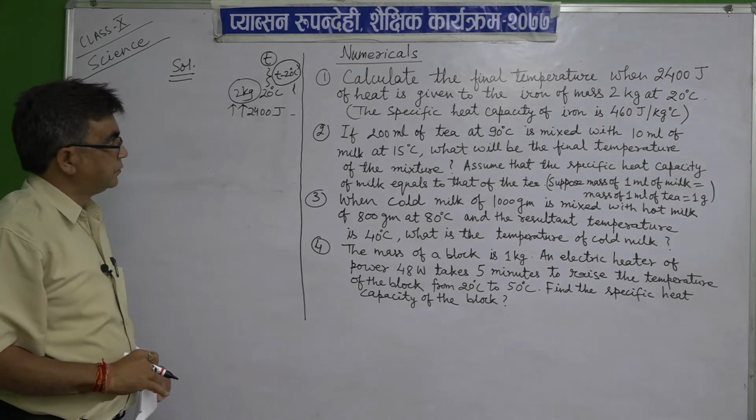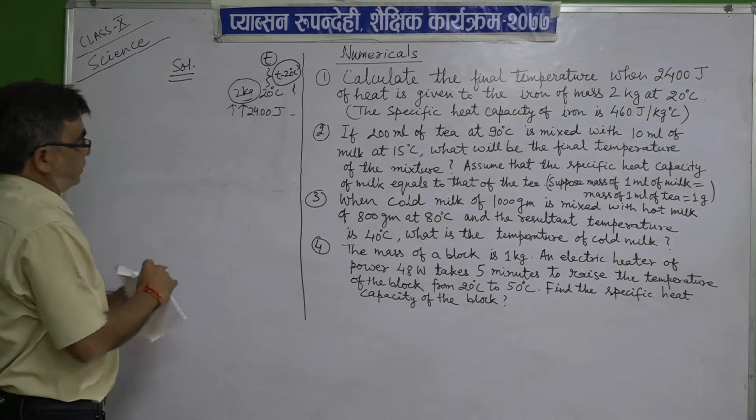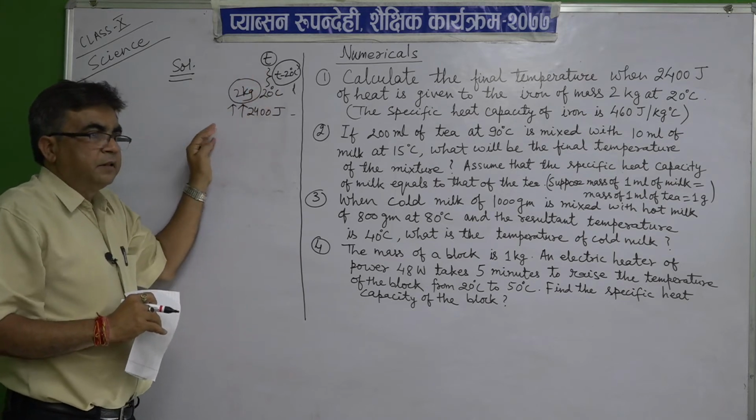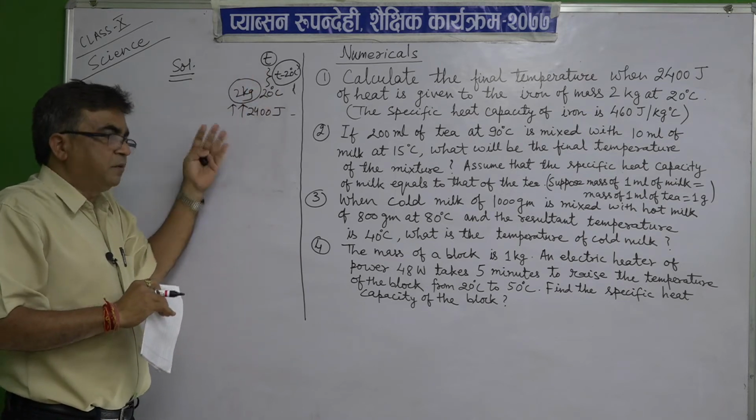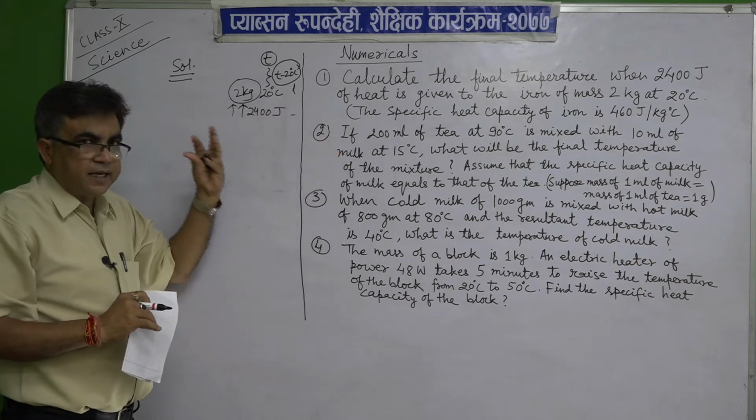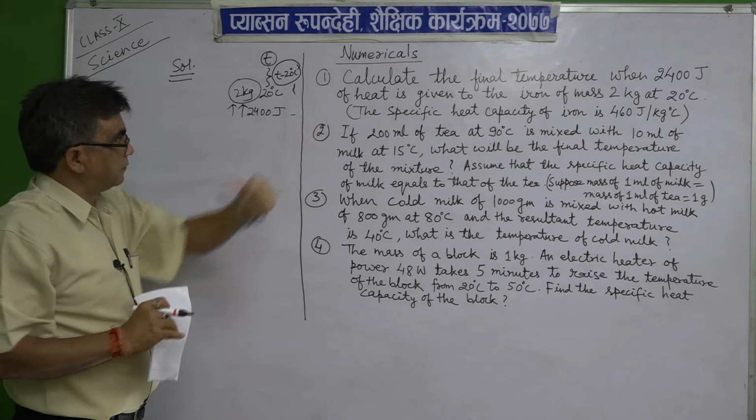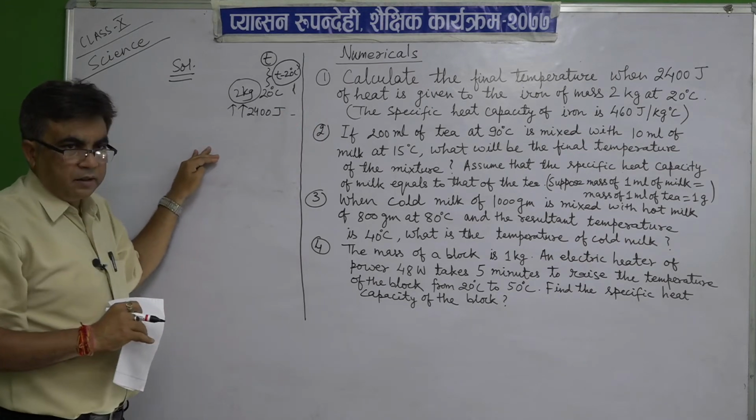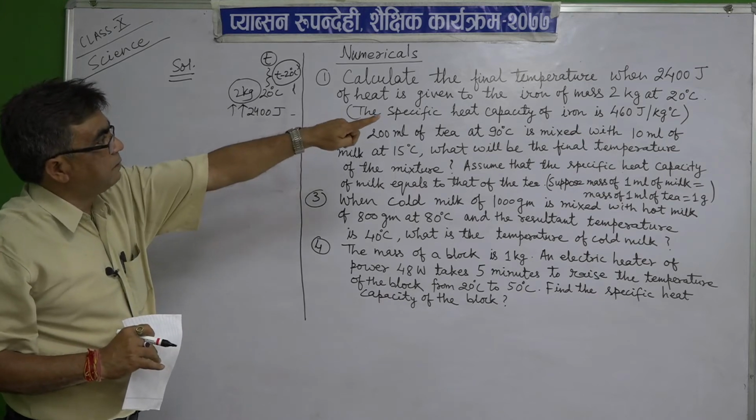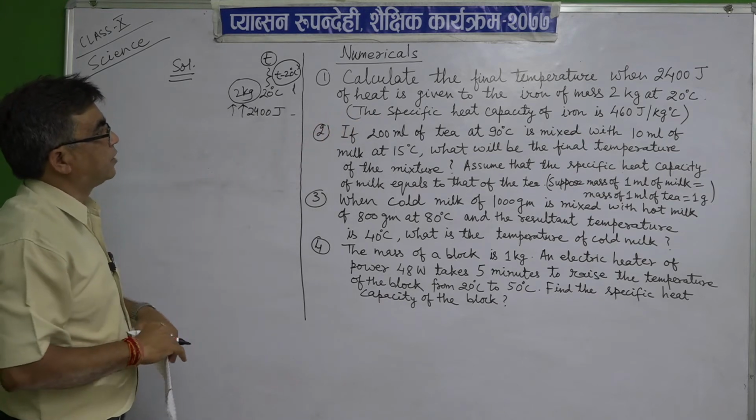Clear? So, now I am explaining how to start: what the given things are, and what you have to calculate. Simply by going through the question, you should understand first. So, now look here, I am going to do the solution. Calculate the final temperature when 2400 joules of heat